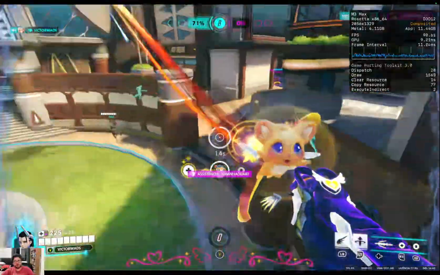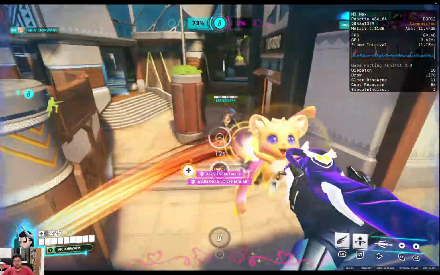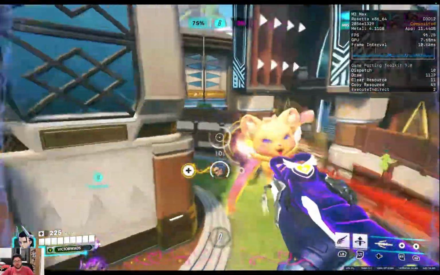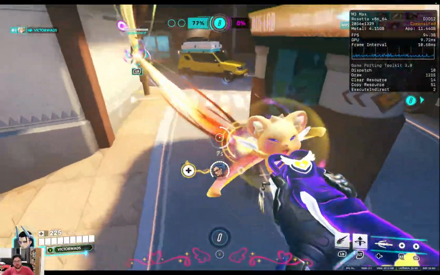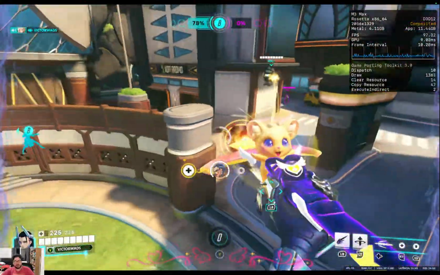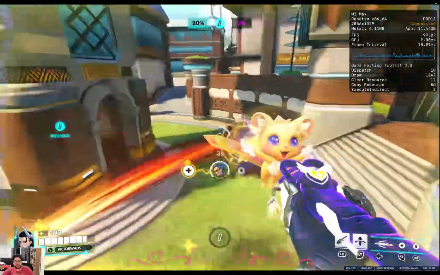As you can see, as the match runs a lot of effects at the same time, we have FPS drops, but